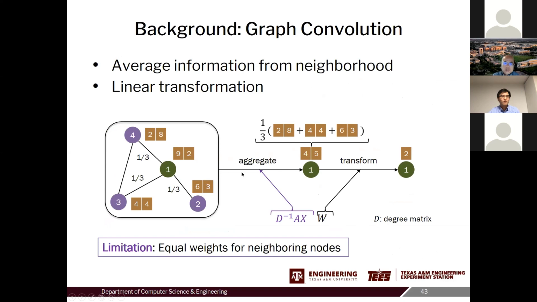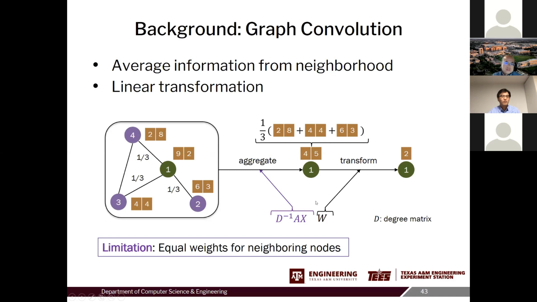In the aggregation step in the GCN, basically what you do here is simply a weighted summation of the features of all the neighbors. For example, here the feature for this node will be the weighted summation of features from these three different neighbors. And of course, you can do a self loop. In that case, this will also include the feature from yourself.